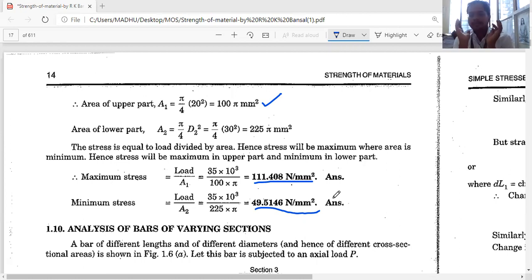So we can come to a general conclusion that when a single same load is acting over different areas on a same material of Young's modulus E, the effect of that load will be greater for the smaller cross-section area compared with that of the larger cross-section area. Next one.